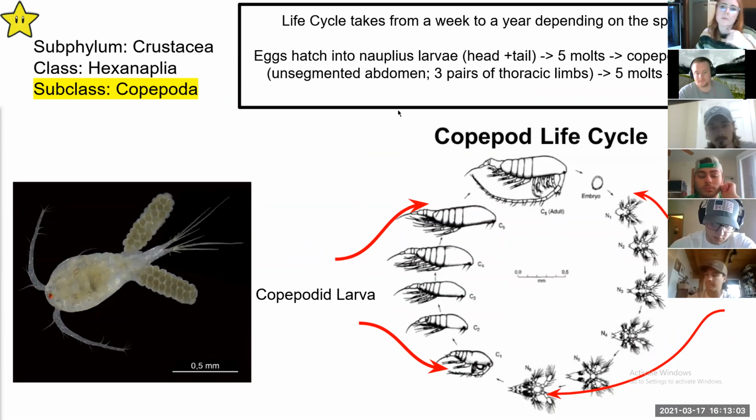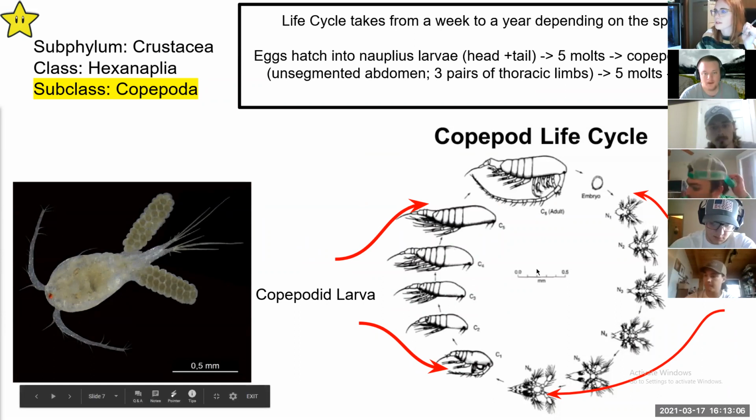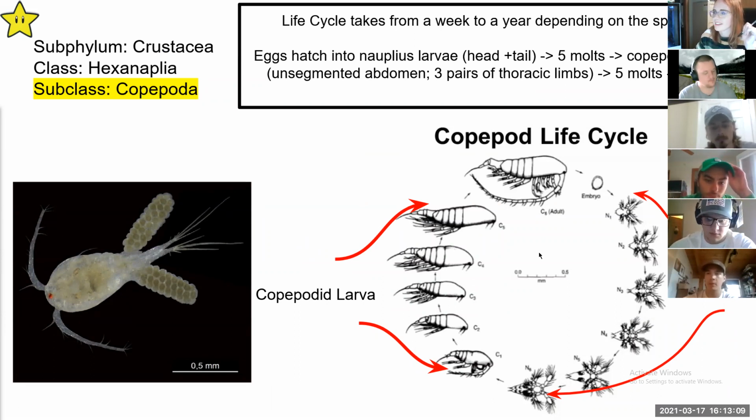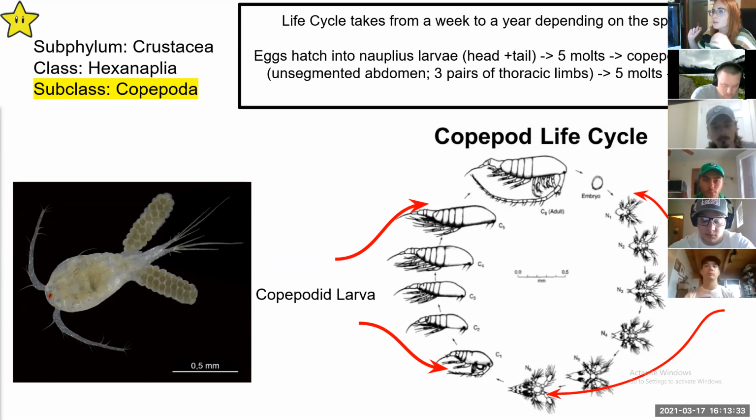So we have this image here, and everyone can see my mouse, right? Or no? Yeah, okay, cool. So their life cycle takes anywhere between a week or a year, depending on the species. What they do is they hatch into nauplius larvae, where they just have a head and a tail, and then they go through 5 molts, kind of like a crab does. And then they enter their copepodid larva stage. This looks a little bit more like the actual adult. Think of them as just adding on body parts as they go along. So they have the unsegmented abdomen, 3 pairs of thoracic limbs, and then they go through 5 molts,